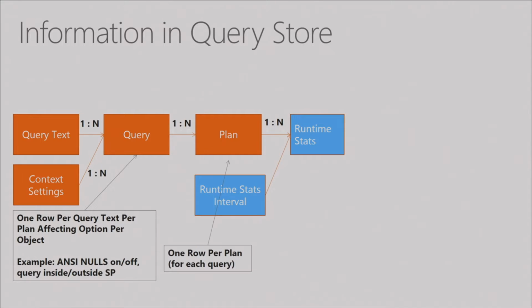And now, how do we store runtime statistics? It's very important. Query store uses a time window concept to aggregate runtime statistics for a query, which means that every query with a plan that was executed within that time window will be represented with one aggregated row. By default, the time window is 1 hour, right? So during that 1 hour, if your query had only one plan, you'll have one row in the runtime statistics